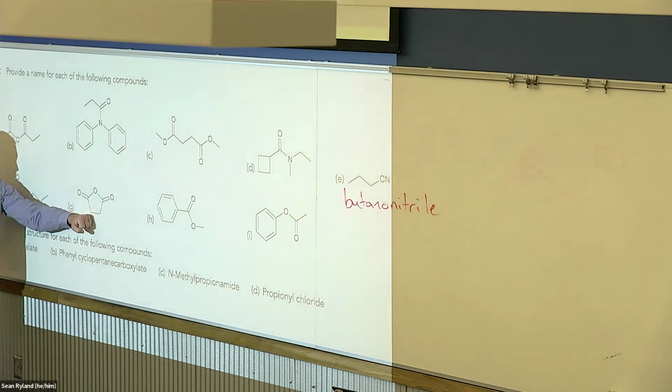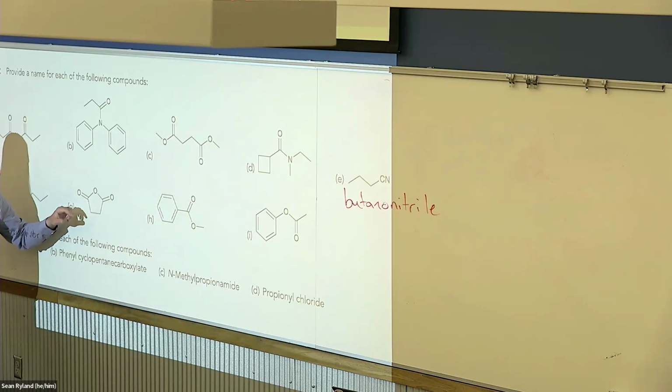So this one, I would use the common name for it just because it's a unique sort of molecule. That's succinic anhydride. Succinate is 4 carbons, butanedioic acid. The common name for it is succinic acid. So you could name that, because one of the reasons I like using the common name for this is